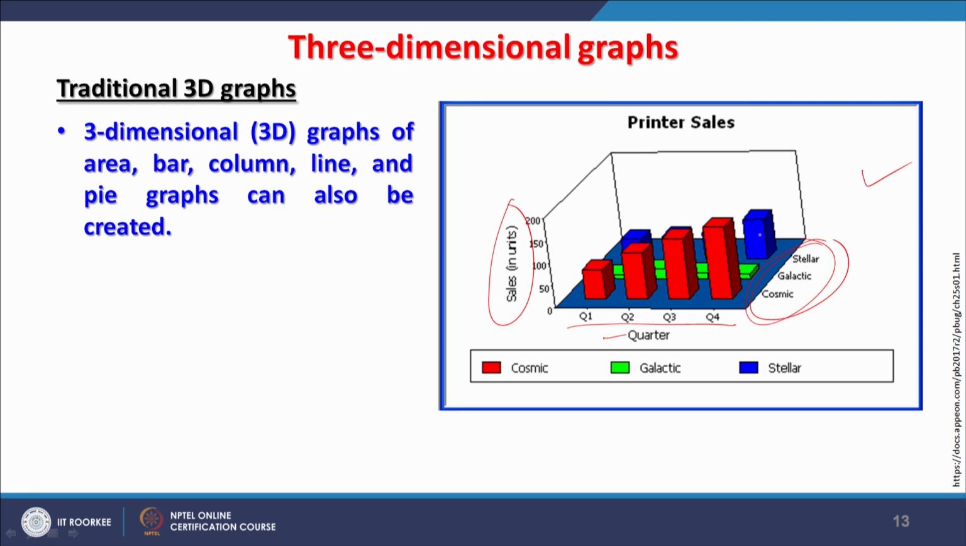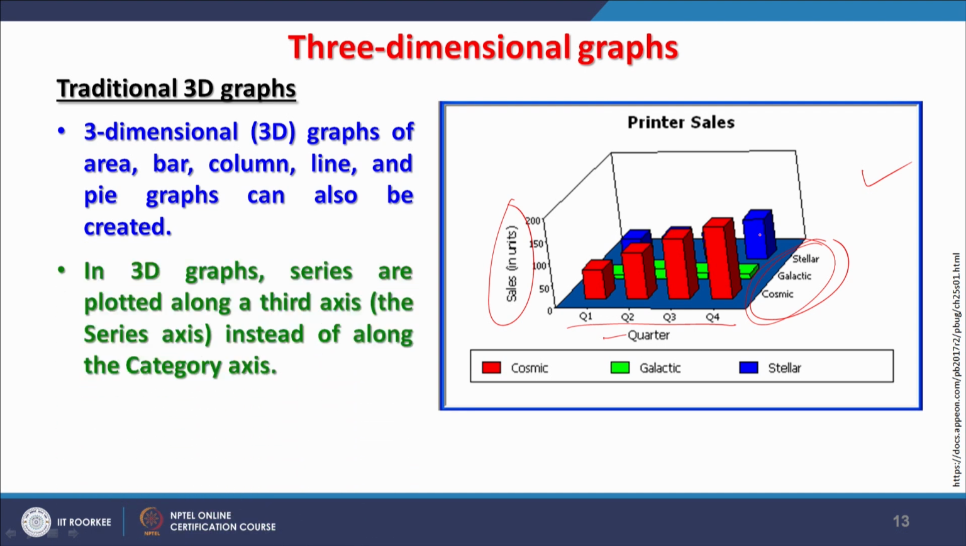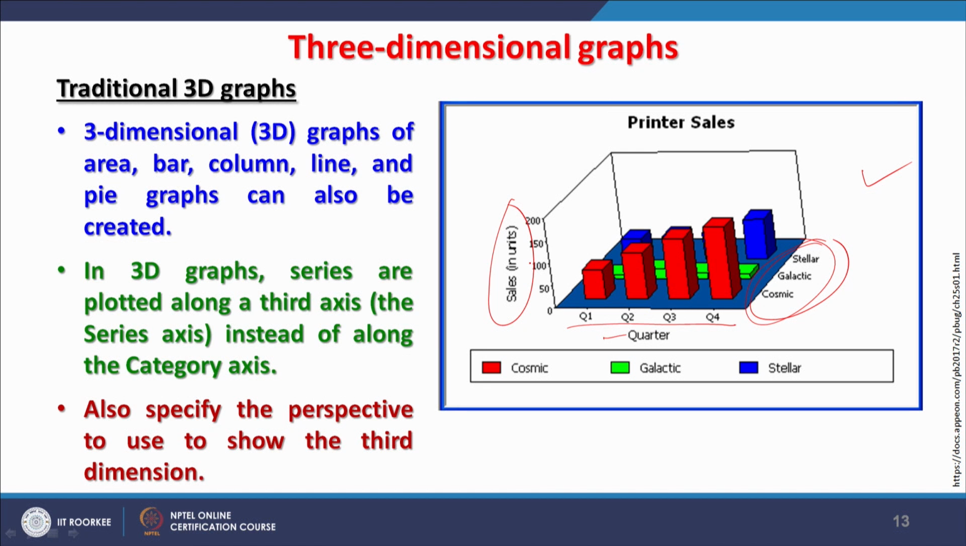So, in 3-dimensional or 3D graphs, area, bar, column, line, pie graphs can all be created, and there are series along a third axis, like here the third axis is sales in units of a particular product. So, these give the perspective to show the third dimension. It gives a third dimensional perspective about things, but what is the problem in this particular plot,